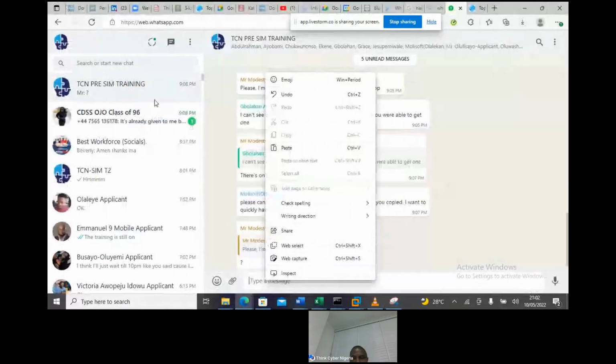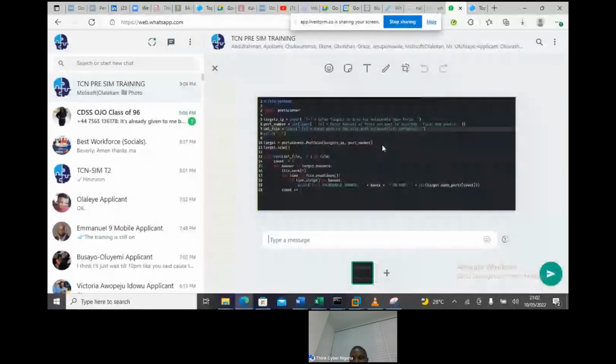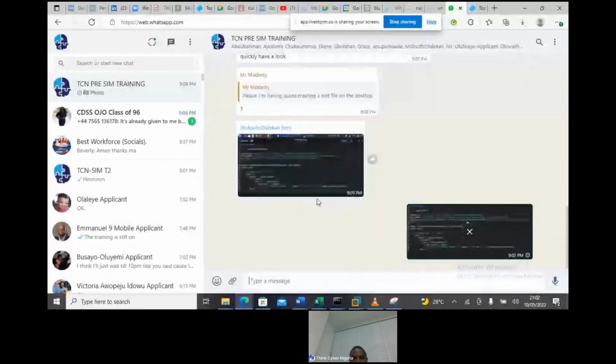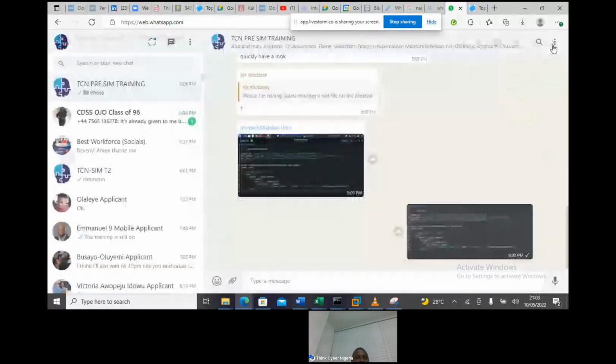Sorry. Mr. Godwin. Write this. Run it. Run the script, please. Don't take what I give you hook, line, and sinker. So run the script. Run the script and see if you are having any errors before you start gathering the txt file. Run the script and see if you're having any errors, please.